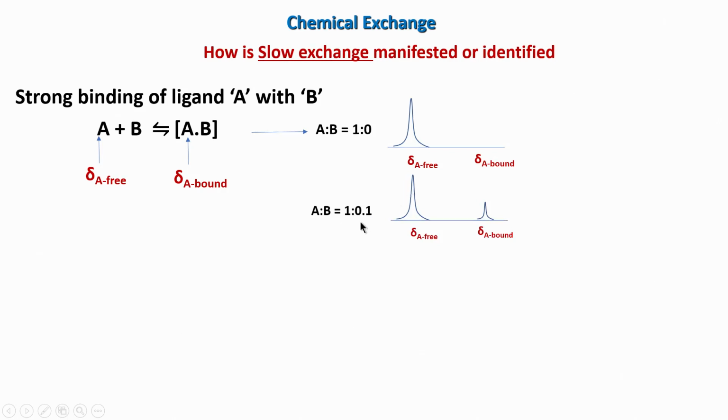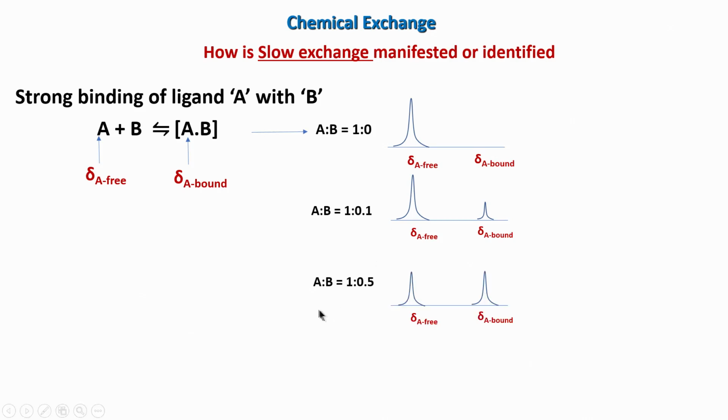Now, when we slowly add the protein, a 0.1:1 ratio, then the bound population will start coming, because the complex is getting formed and A is decreasing. So, A will decrease in intensity, but the AB complex is increasing in intensity. Because there is a slow exchange, these two peaks are well separated. So, there is no question of a broad peak in the center or a population weighted average, which I mentioned in the previous slide for fast exchange. So, this is a slow exchange scenario, which means strong binding.